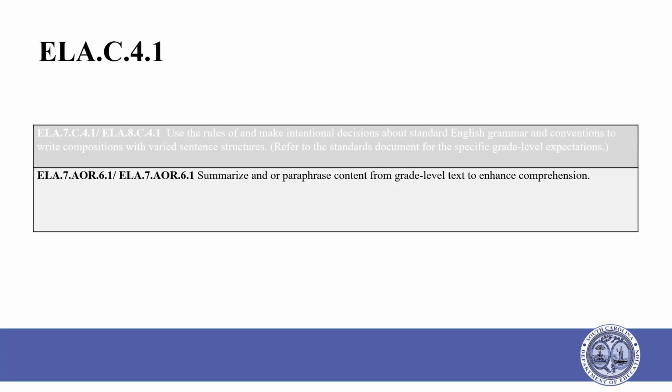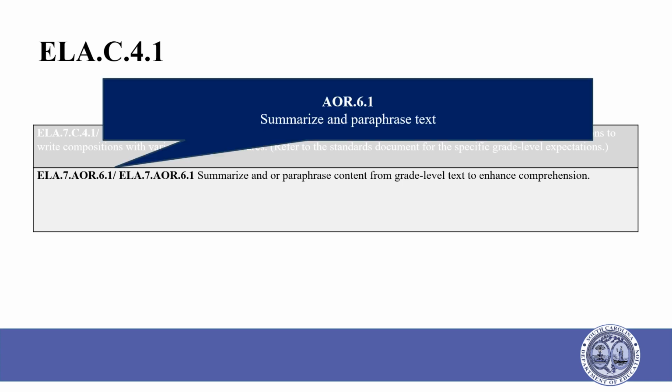Still looking at the bottom of the handout, you will notice AOR 0.6.1. While the TDW item for grades 7 and 8 is aligned to argumentative writing, it is still tied to a text. Because of this, students must be able to paraphrase and summarize text within their own writing. While AOR 0.6.1 is not the primary indicator being targeted with TDW, the expectation of using this reading skill is embedded within both TDW rubrics for grades 7 and 8.